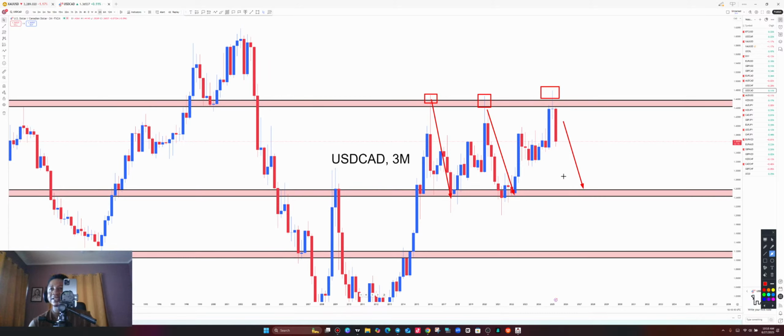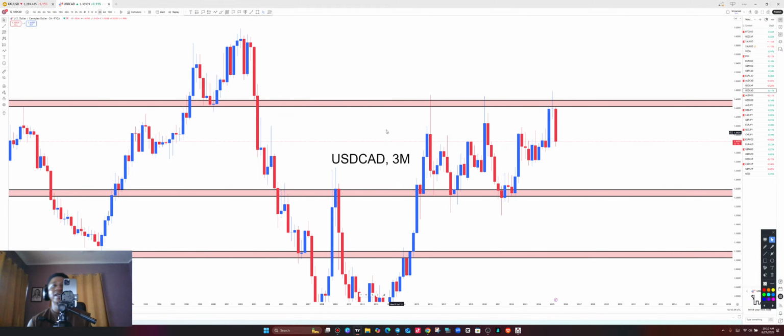Now, we are very sure that this sell pressure that price is seeing on the 3rd touch is coming all the way down here. Why? Because number one, we can see that price is forming what? A reversal candle, which is an evening star candle confirmation. Now, this evening star is a reversal candle, meaning that there's definitely going to be more sell pressure that will bring the market all the way to the downside. Now, how are we going to find selling opportunities to continue selling before price gets to the support level of the 3 months? Let's find out as we go through the various time frames together.